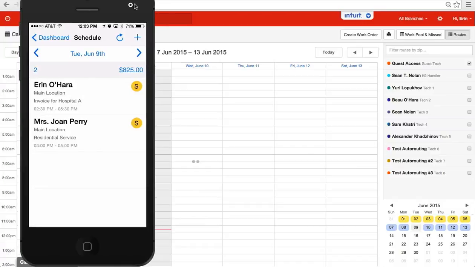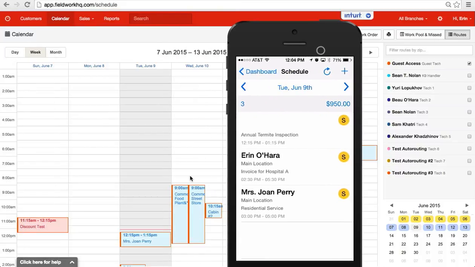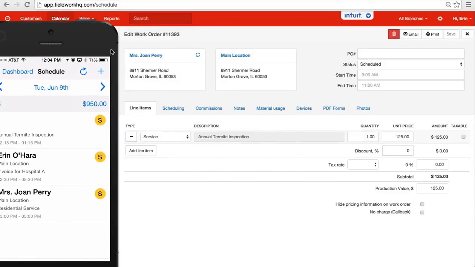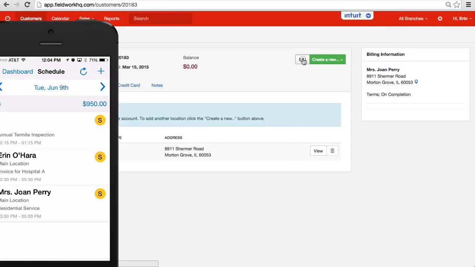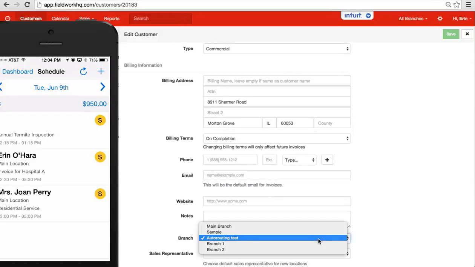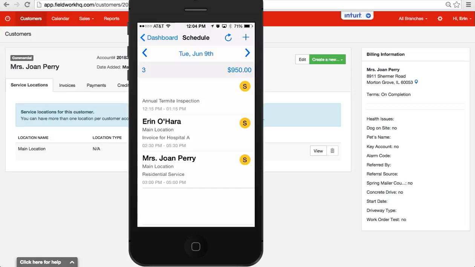So now that should show on my phone if I go ahead and hit that refresh button. I do have an appointment for that same customer. So this customer, actually the one that I picked, is actually not signed in as active. So I'm going to go back to today's appointment here and switch this customer over. It is active. Okay. Branch, hit save. So it was logged into a different branch and that's why I couldn't see it. Now if I hit the refresh button again, I should be able to see the information on my